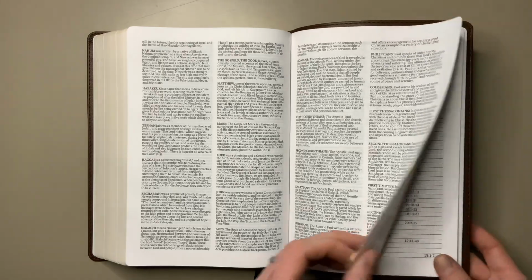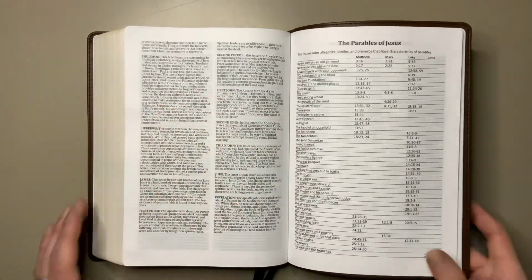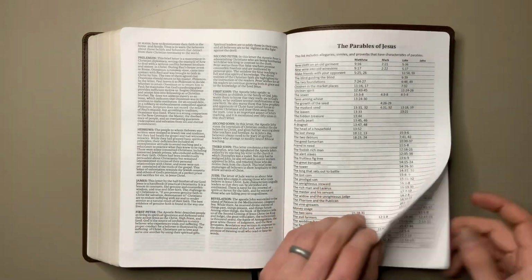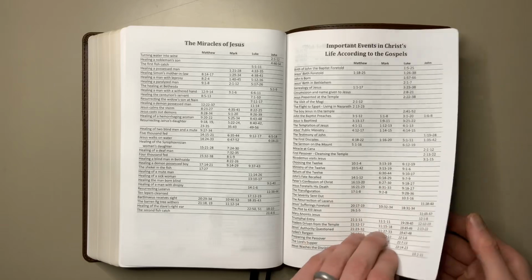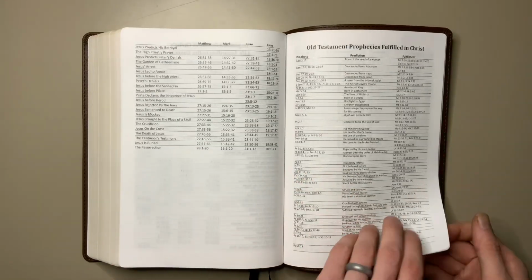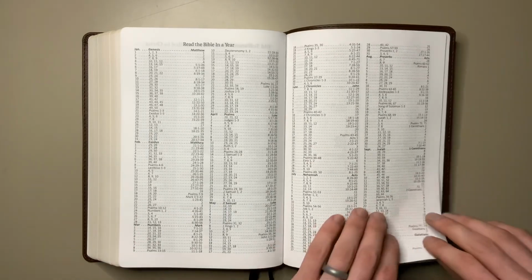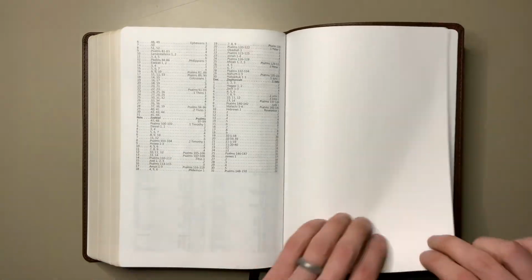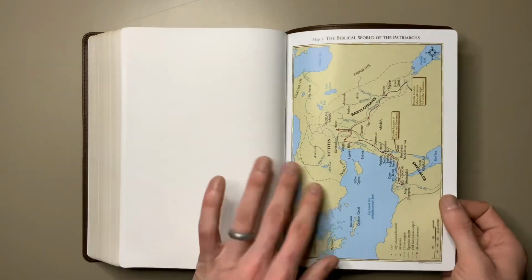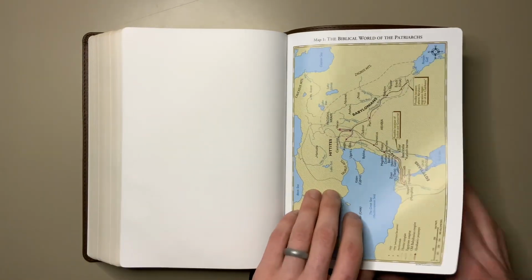I've kind of changed my mind on that, but I'm coming to the point where I like them in the back. There's parables of Jesus, miracles, important events in Christ's life, Old Testament prophecies fulfilled in Christ, and then a Bible in a year reading plan. And there's like 8 pages of clear Bible paper, and then 8 maps,